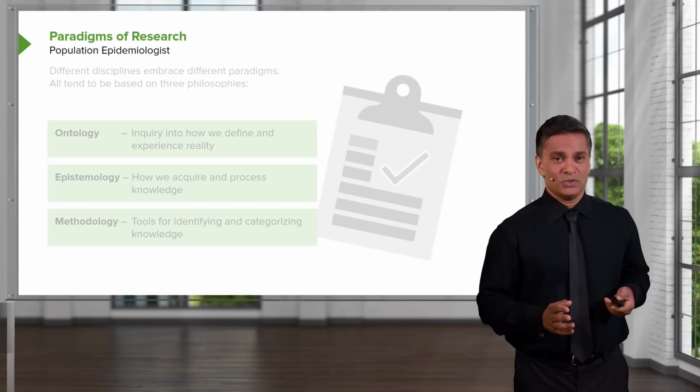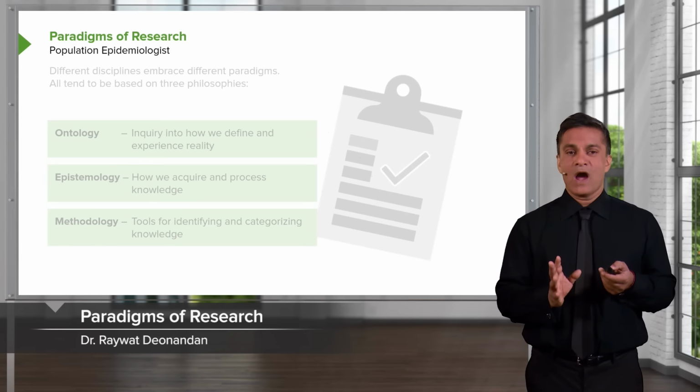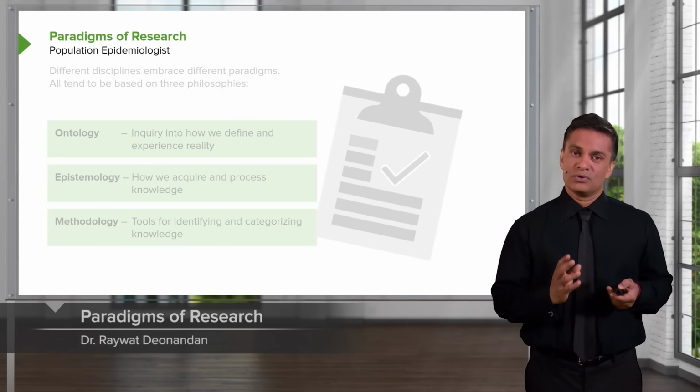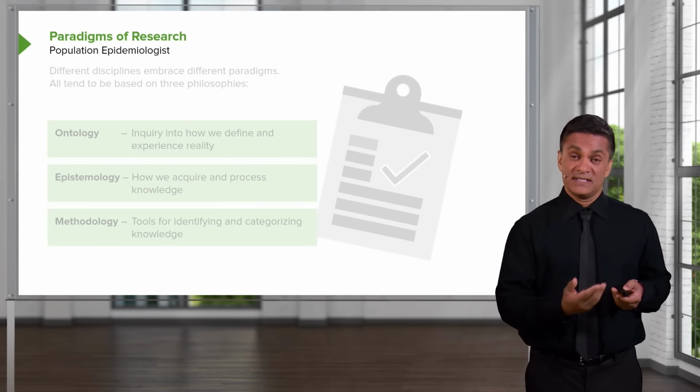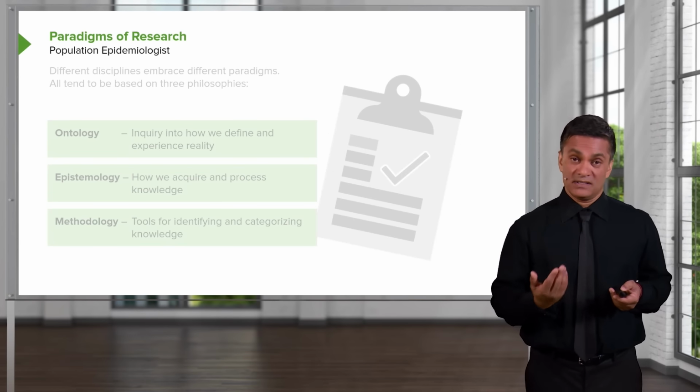So before I continue, I want to talk about how we know what we know. It's important to understand where our discipline fits into the science of knowing. And we call this paradigms of research, paradigms of knowing. When we talk about paradigms, we're talking about how our discipline interacts with the world and understands knowledge and evidence and truth. There are several dimensions to a paradigm, and I'll suggest to you that there are three main pillars philosophically of how to define a paradigm.